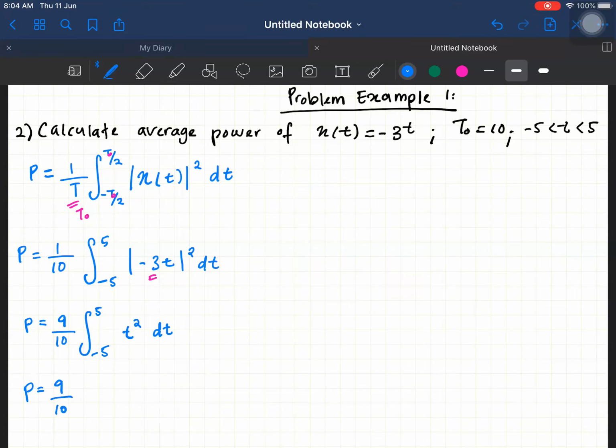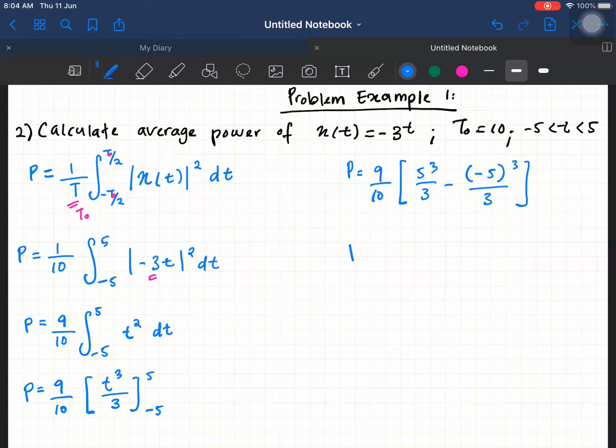We get P equals 9 over 10 times t cubed over 3, from minus 5 to 5. If I continue here, 5 cubed over 3 minus minus 5 cubed over 3. So you will get the power equals